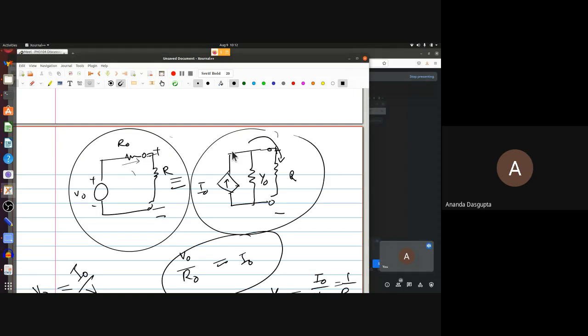This is very important because we are going to use equivalent circuits in a big way throughout the course. And you have to understand exactly what you mean when you say something is equivalent to that. You don't mean that they are exactly the same, of course. At least the part which is being replaced has definitely changed. But the rest of it should not change. That's the basic idea. I'm sure all of you had this notion, but this precise notion of the rest of the circuit not changing in current and voltage, that is what is going to be very important.